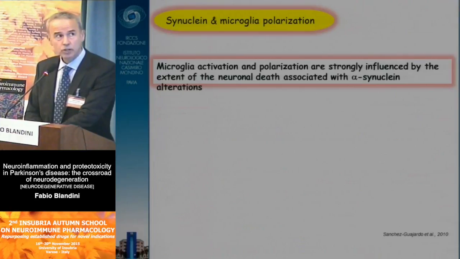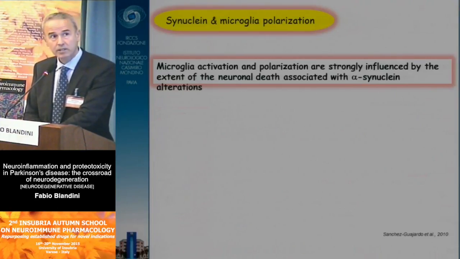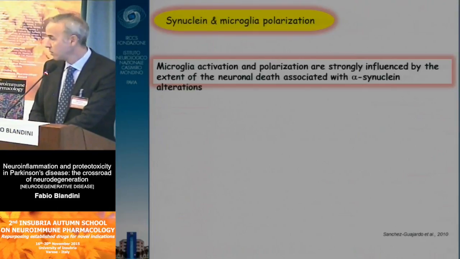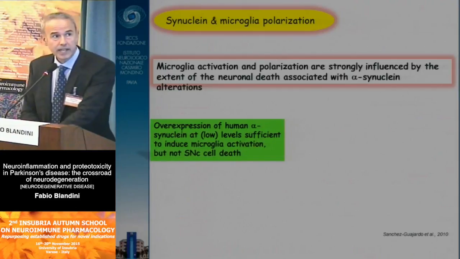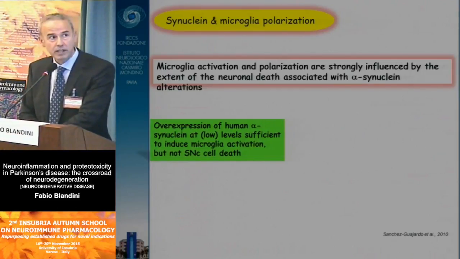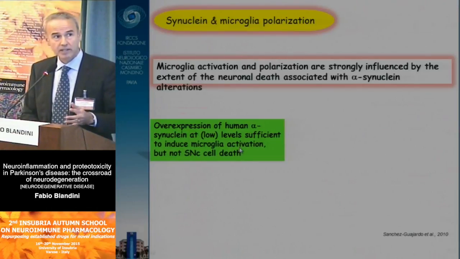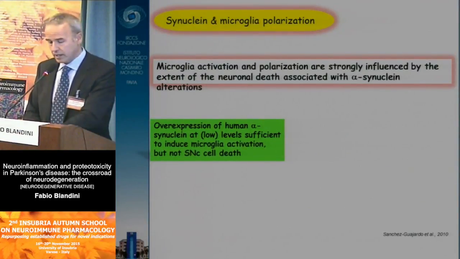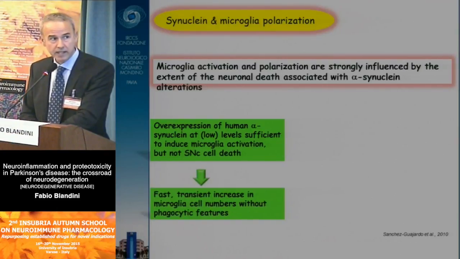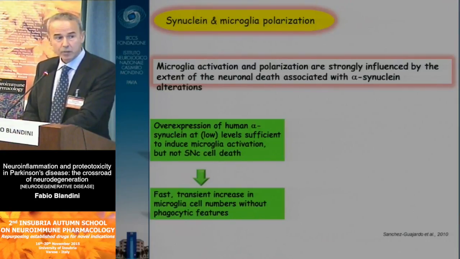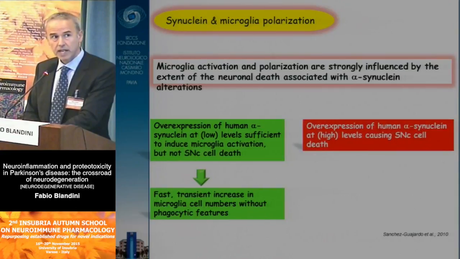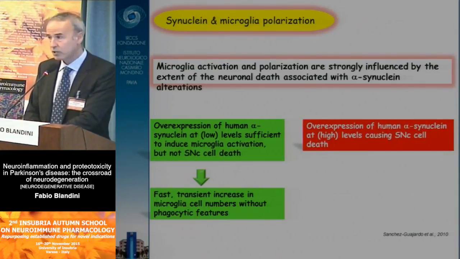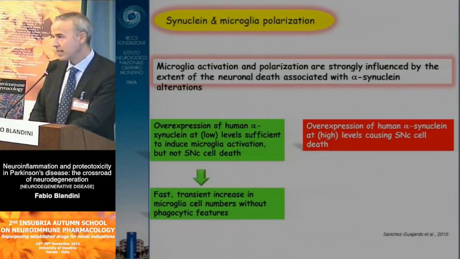An interesting thing that has been shown is that the microglial activation and polarization may be influenced by the extent of the neuronal death associated with the alpha-synuclein alteration, which means quite simply that if we have a transgenic model in which the synuclein is overexpressed at low levels, which are sufficient to induce a certain level of microglial activation, but do not trigger nigral cell death, we will have a fast, transient increase in microglial cell numbers, which, however, will not show phagocytic features. On the other hand, if we overexpress human alpha-synuclein at a level which is actually causing cell death in the substantia nigra pars compacta,